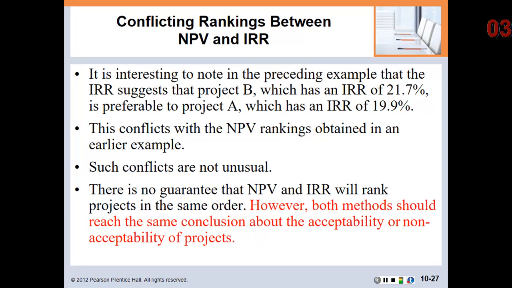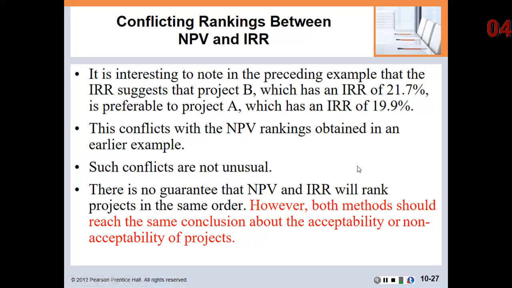It's talking about conflicting rankings, in terms of if you're using multiple techniques to determine the suitability of a capital budgeting project, which most companies do, which one is right? Because this shows us kind of what we found here. B had a higher internal rate of return, and NPV for A was higher. So basically, it's saying, what's the deal here? What's happening? Now, pretty important here. So this is not unusual.